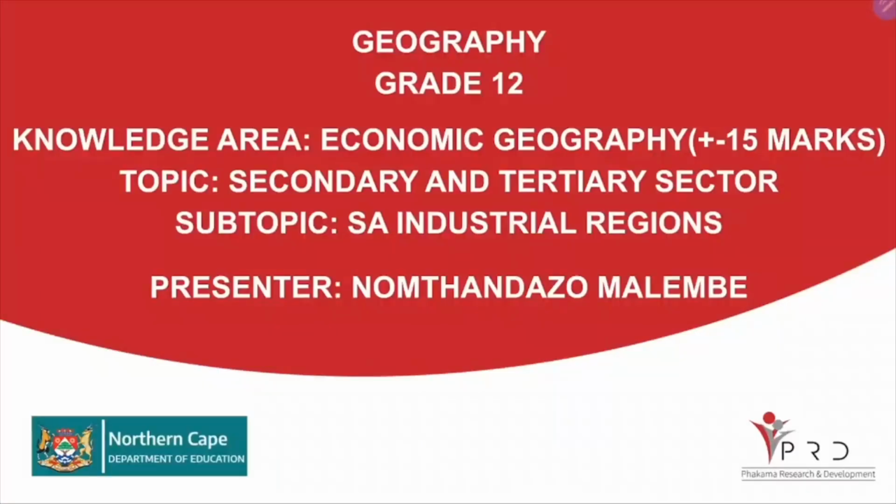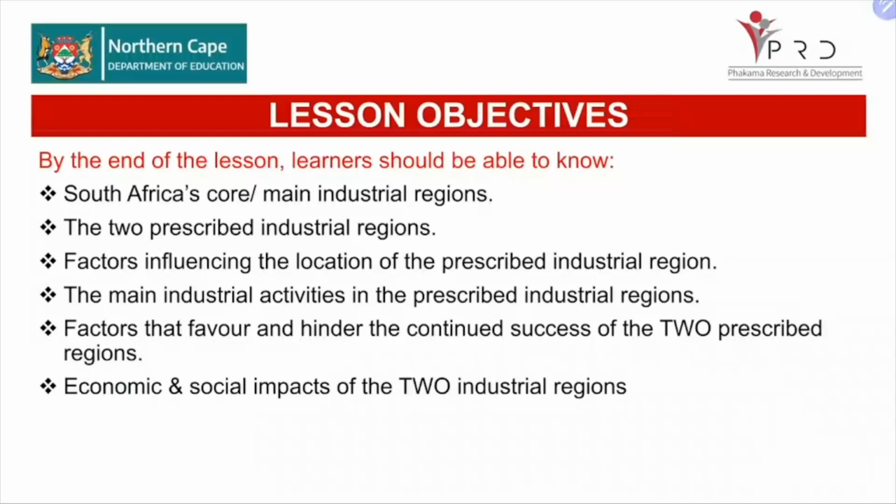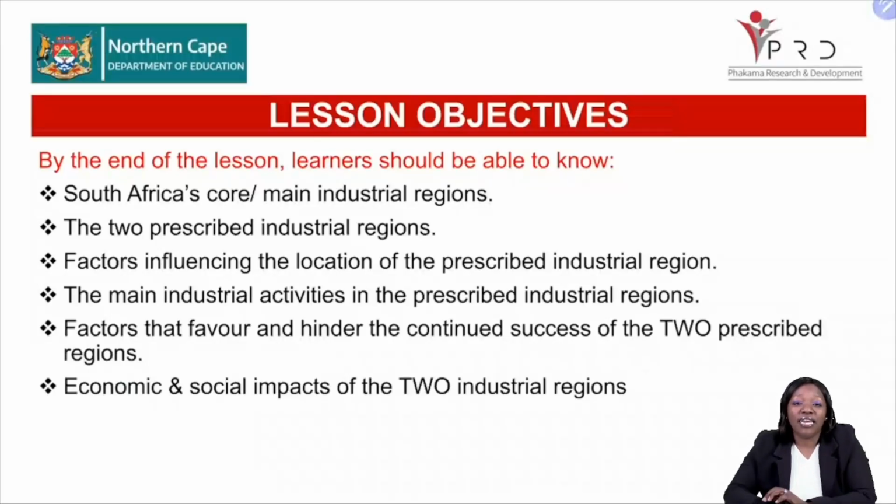So today, learners, we are focusing on the South African industrial regions. But before we start with our lesson, I just want us to go through our lesson objective. By the end of this lesson, you should be able to know what are South Africa's core or main industrial regions. We're going to look at the 2 prescribed industrial regions for this year. All in all, there are 4, but you need to know thoroughly the 2 that will be in question this